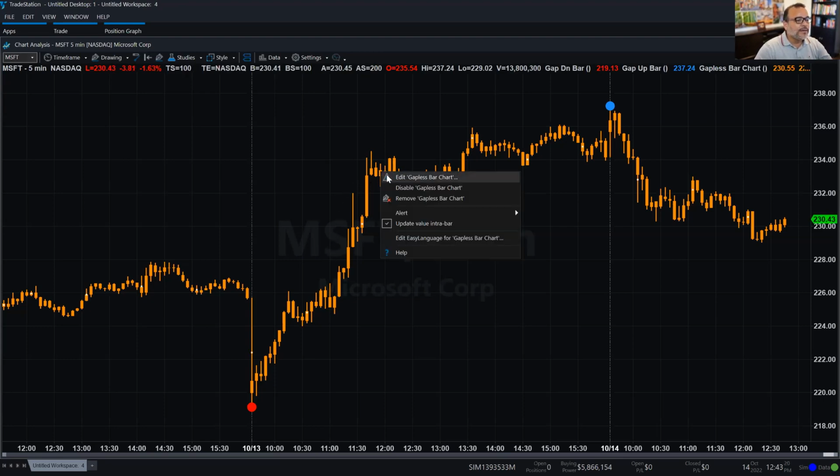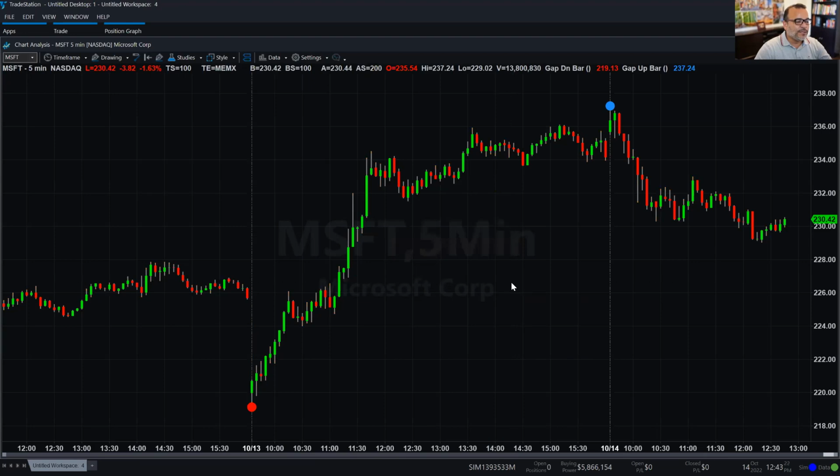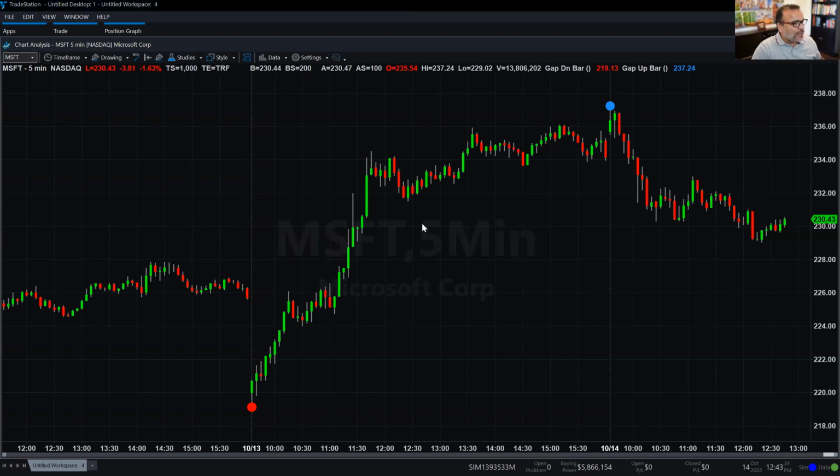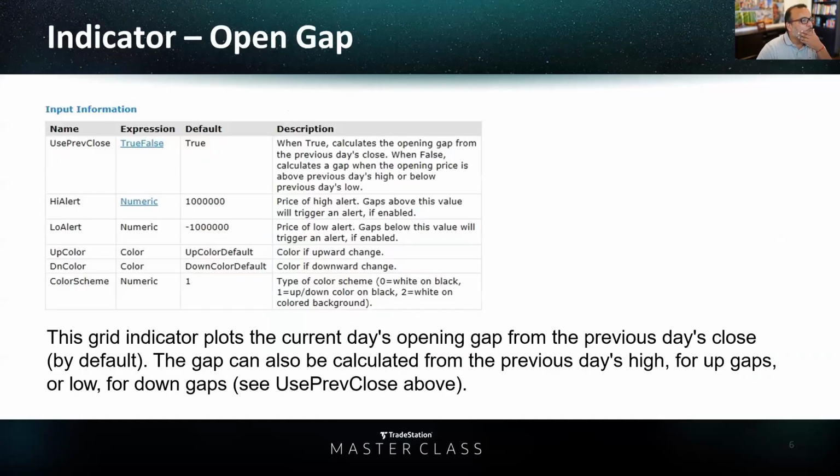Let me right click here and remove the gapless bar chart. It works similar to a paint bar that paints every single bar that meets the criteria. But in this case, it's just looking for gaps and filling them in. That's what it's doing. Okay, let's go back here to my